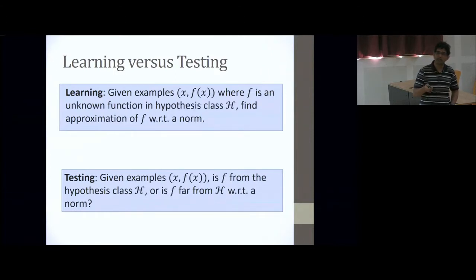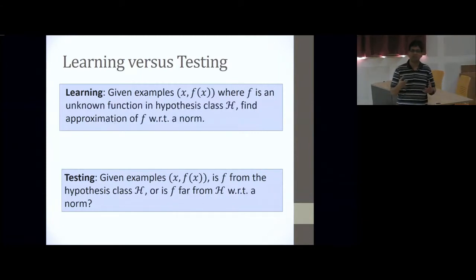To see that if you have a learner, you can get a tester, observe that you can run your learning algorithm, and in the case that f belongs to H, you will successfully recover some satisfactory f. In the other case, when f is far from H, the learning algorithm may spit out something, but typically it's very easy to check whether the f returned by the learner is satisfactory with your examples or not. You can draw a few more examples and check whether it's a satisfactory explanation. So in that sense, testing is a weaker version of learning, and any learner must at least be performing this testing task.